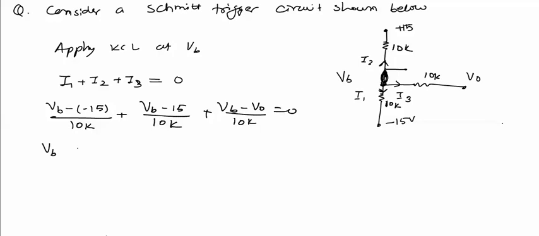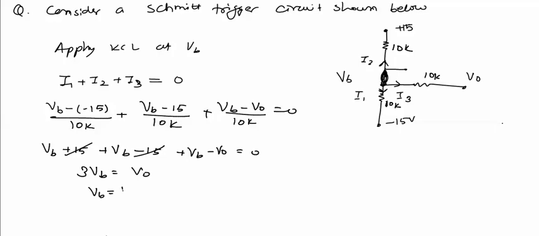So the expression now becomes VB plus 15 plus VB minus 15 plus VB minus V0 equal to 0. The plus 15 and minus 15 will cancel, so 3VB equal to V0. So VB equal to V0 by 3. If V0 changes from plus 15 to minus 15, VB changes from